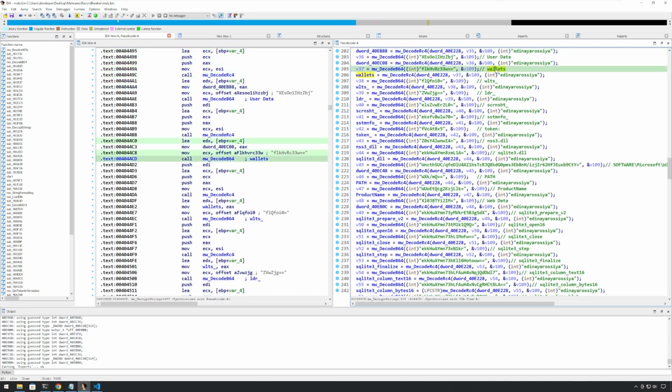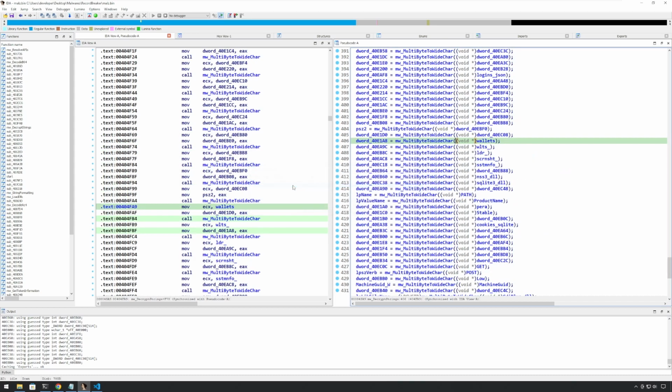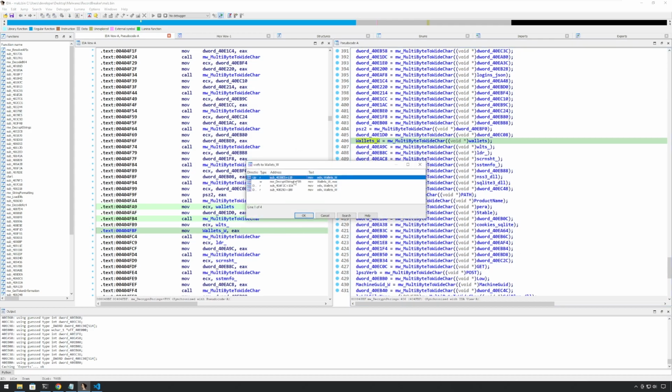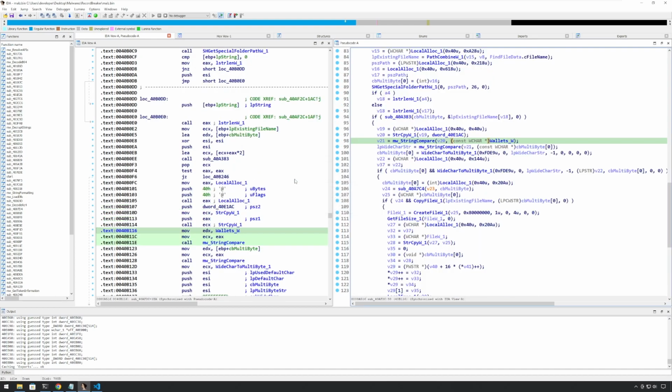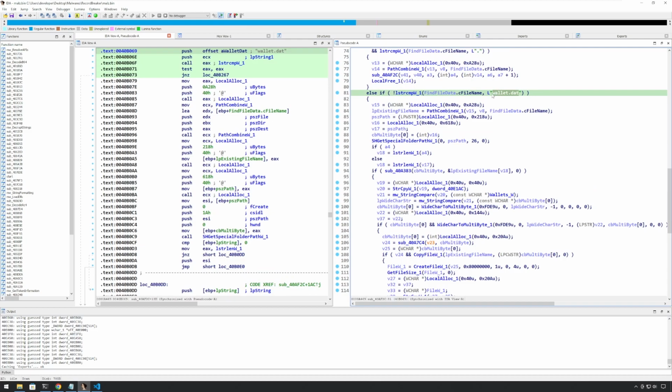So this string looks interesting. Let's look at this string, the references to this one. Wallets is being assigned to this, and mw underscore wallets underscore w. In fact, let me remove the mw, and n and x here. Let's look here, and we see a string compare with the wallets, and we see the wallet.dat